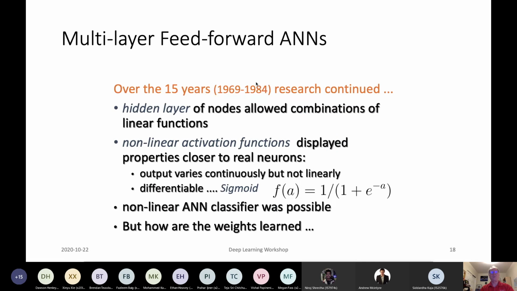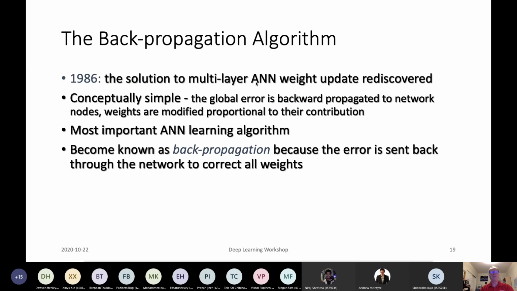It wasn't until about 1985, 86 that a solution to this became popular. There were solutions to it, but they weren't widely known. They were for specific problems in physics and engineering. But in 1986, the widely known solution became available, and it became known as the multi-layer back-propagation algorithm.